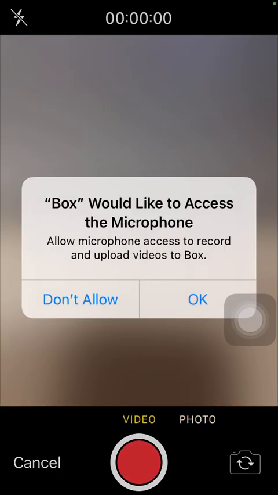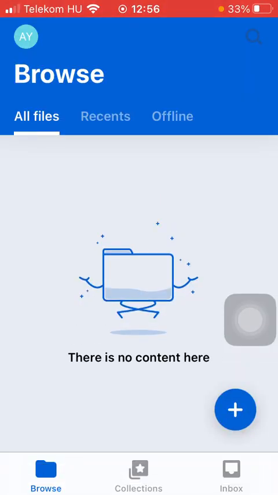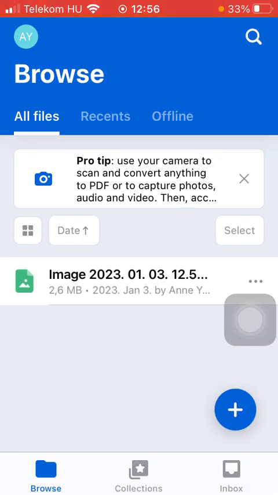And after that, take either a video or photo, so tap on the video button in the middle of the screen to take a video. Click on the OK button to enable the app to have access to your microphone, and then you can start taking a video or a picture. Then click on use photo down below in the right side corner of the screen, and here is your content